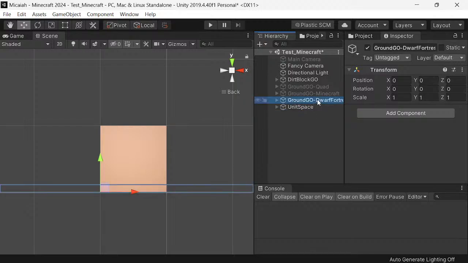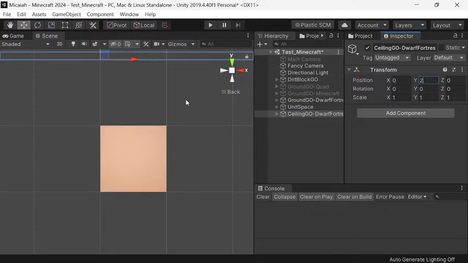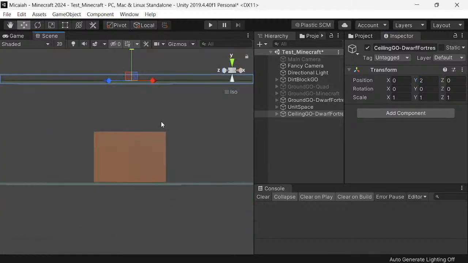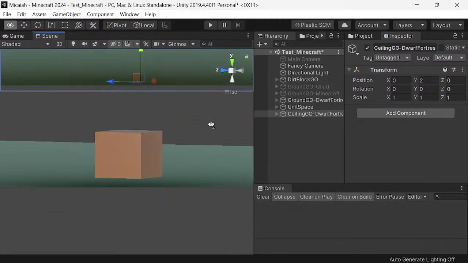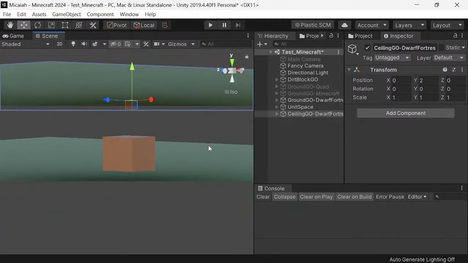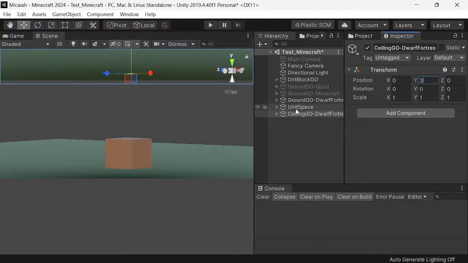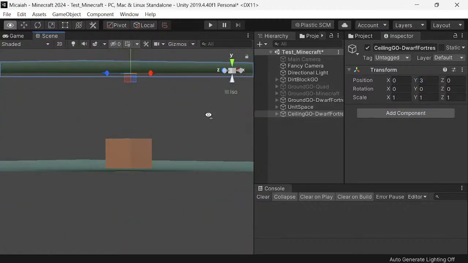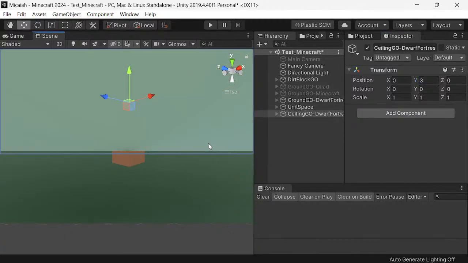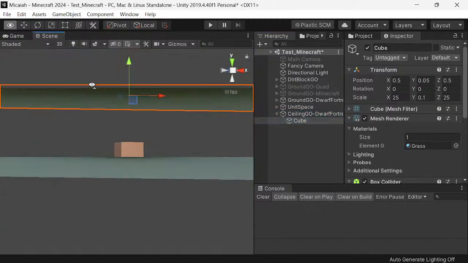This is the sky geo, the ceiling, and then this can be up by 2, and maybe really it should be 3. So now we have this Dwarf Fortress like element where we have this 0.1 cube,